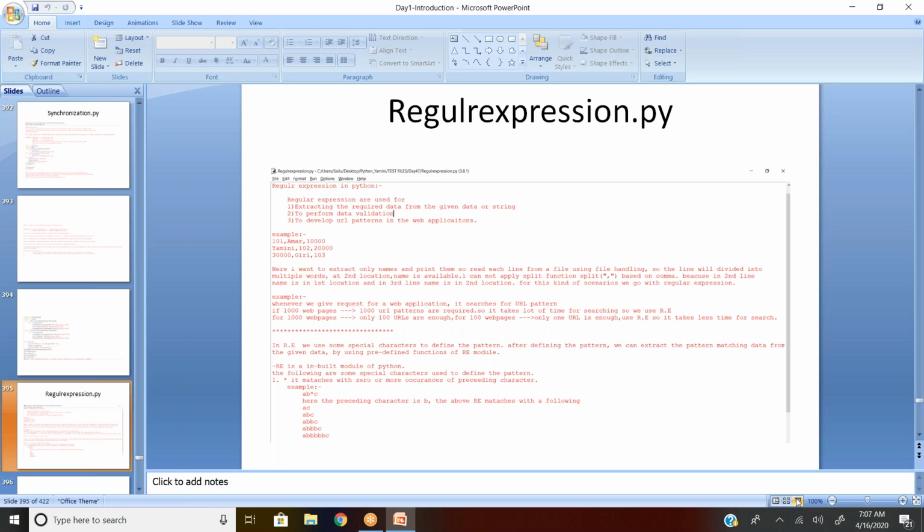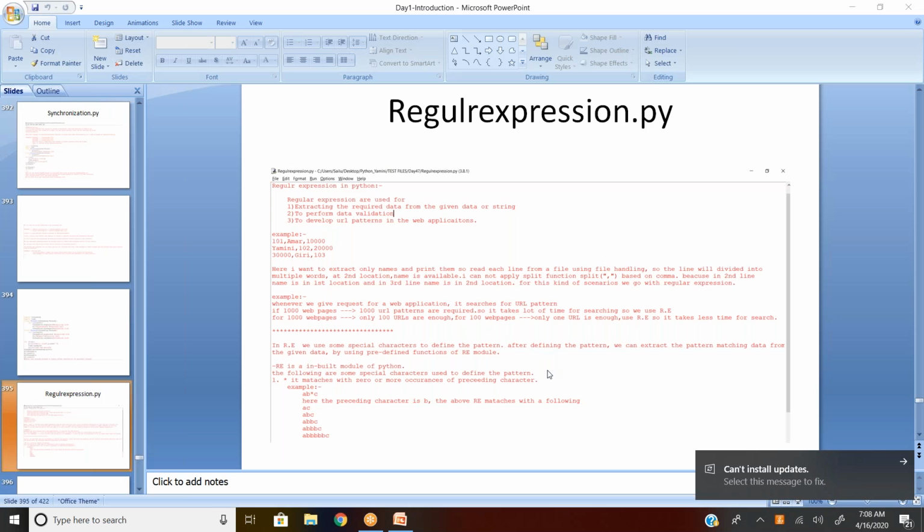I want to fetch the middle name from the entire full name. I can go with the regular expression. For example, you can see here regular expression in Python. There are two pieces of information, my full name and my date of birth, combined together in a single column. Now I want to fetch only the date of birth, not the full name. Then I can split it with the help of regular expression.